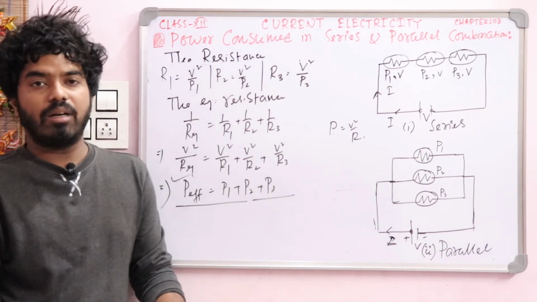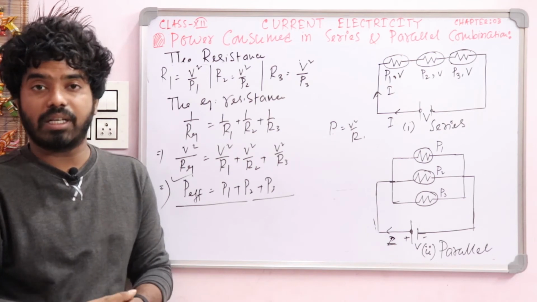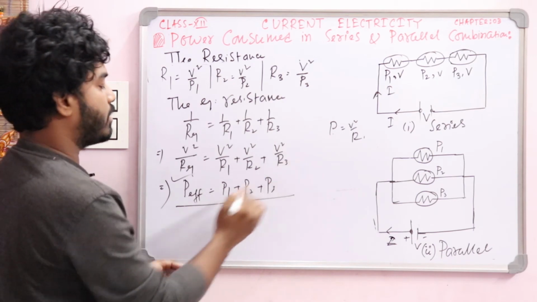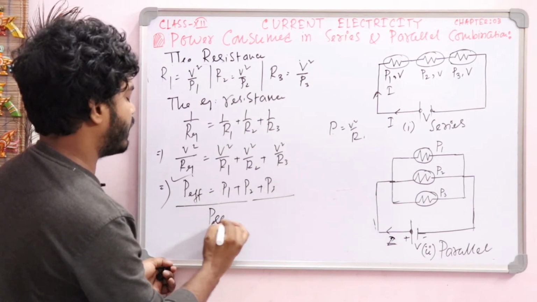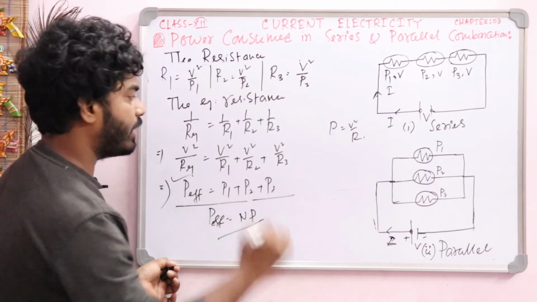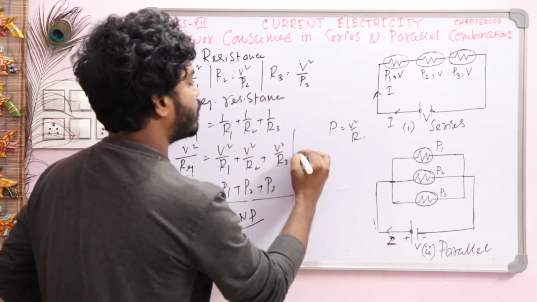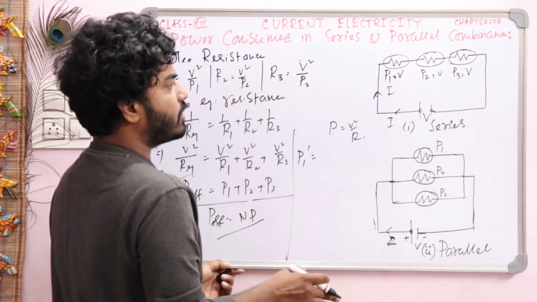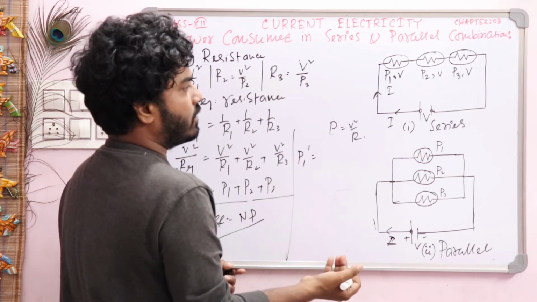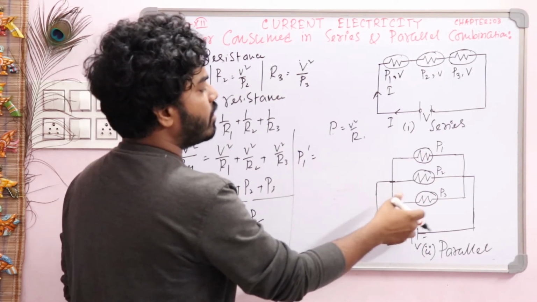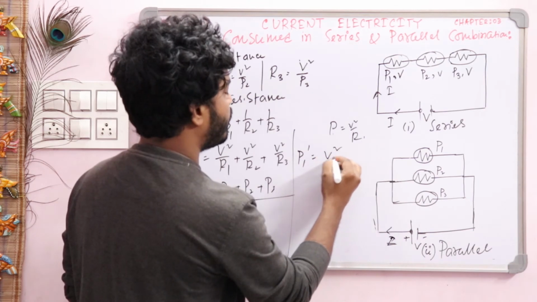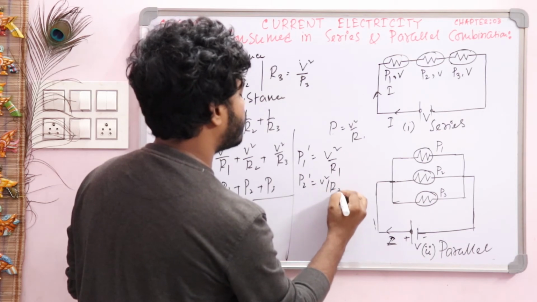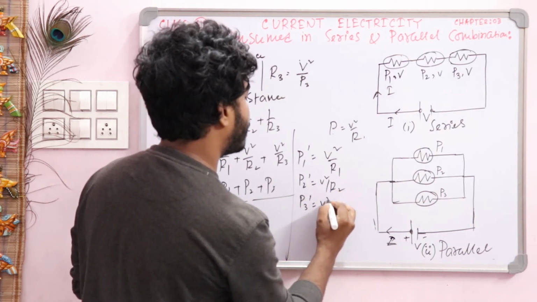In the same way you can find the effective power when n appliances are connected in parallel, each having power P, that is P plus P plus P up to n terms. So for n appliances, P effective is equal to n into P. Now for finding brightness, P1 dash is equal to the expression related to voltage and resistance. Why? Because in parallel combination the voltage is the same, so this will be V square by R1, P2 dash that is V square by R2, and P3 dash that is V square by R3.